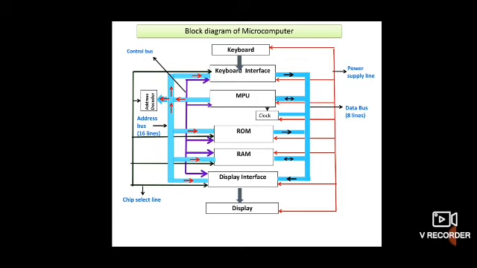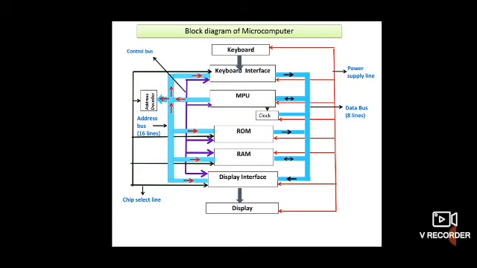Now see on the left side, first draw the address bus. Address bus is a unidirectional bus. Then draw the control bus and chip select line. These lines are connected only from keyboard interface through display interface, not connected to keyboard and the 7 segment LED display. Understand how to draw the microcomputer diagram?